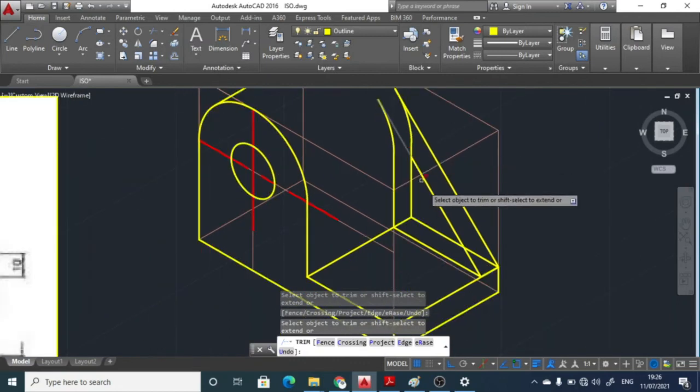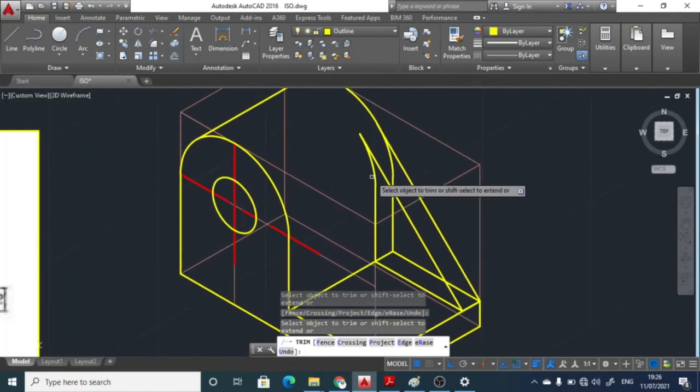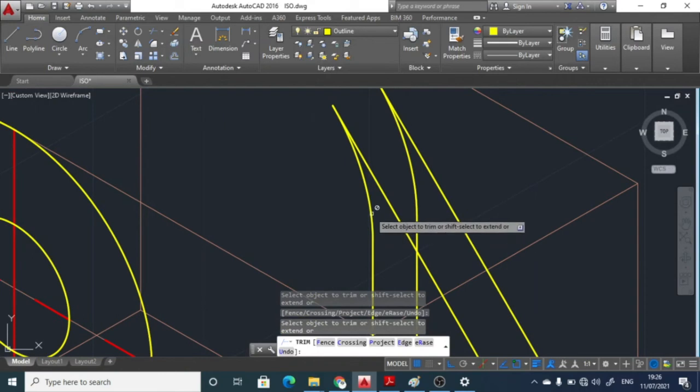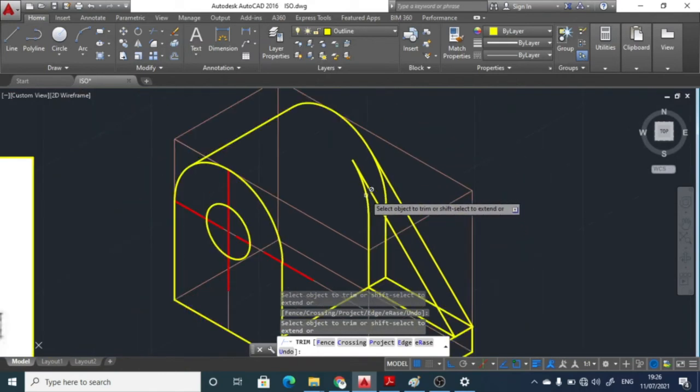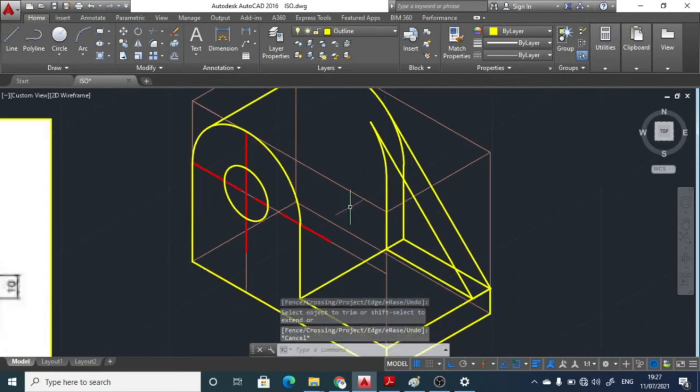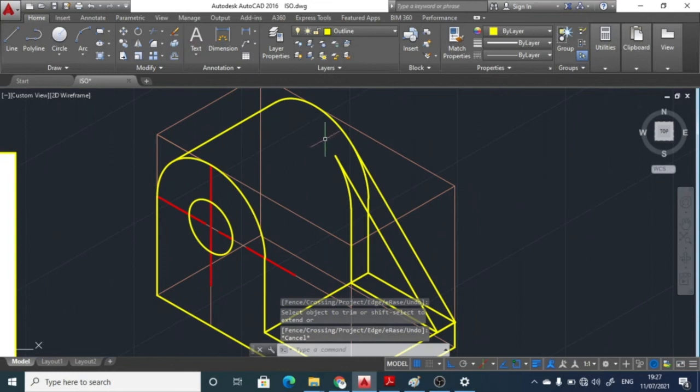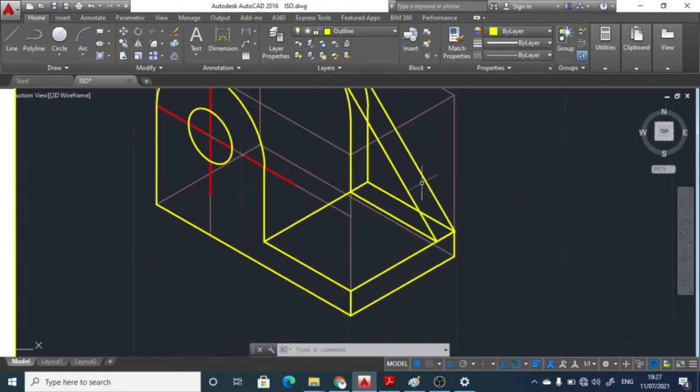Whenever the rib is joining to the curved part of the cylinder, exactly this much part will be required in the curve format. That is why we are copying this curve at a distance of 40 mm. Basically, we have copied this curve at a distance of 40 mm and then we have joined this rib over here.